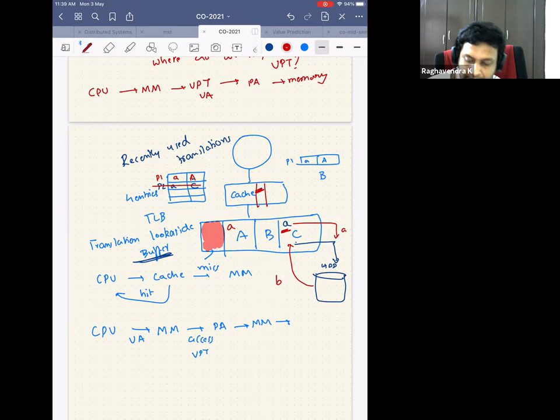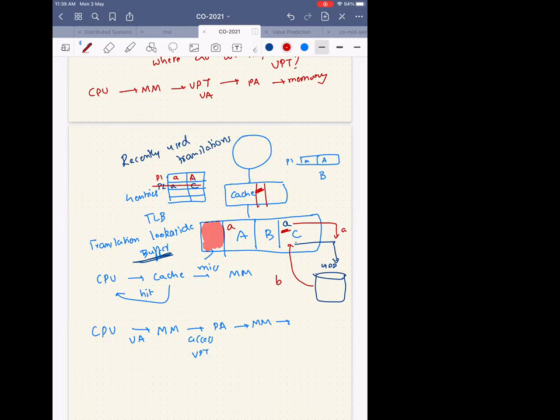which might be dirty. So I have to send a back signal to the cache saying that, hey, I am replacing this page. Do you have any blocks which belong to this page? If yes, make it invalid. If you have them as dirty, please write it back to the main memory such that when I write it to secondary storage, I will write what is updated. Yes, sir. Does it make sense to everybody?